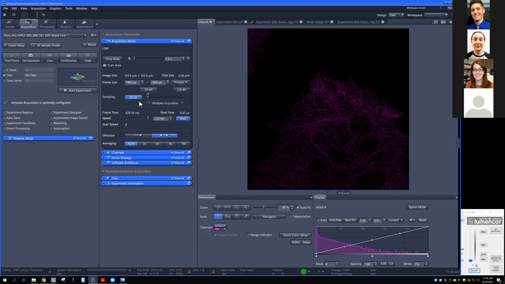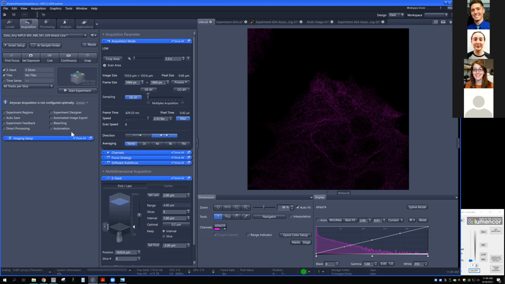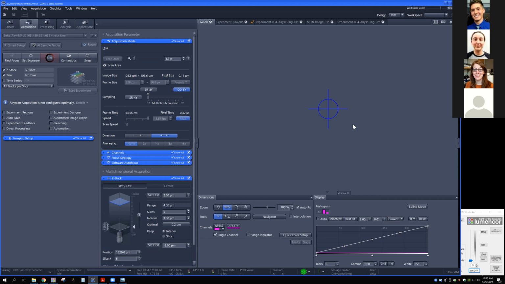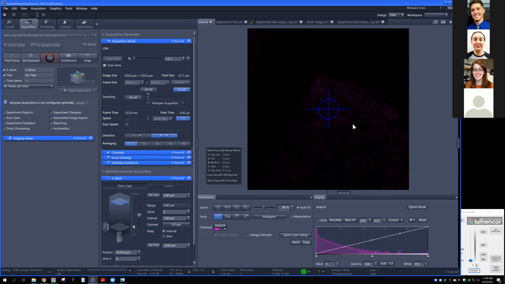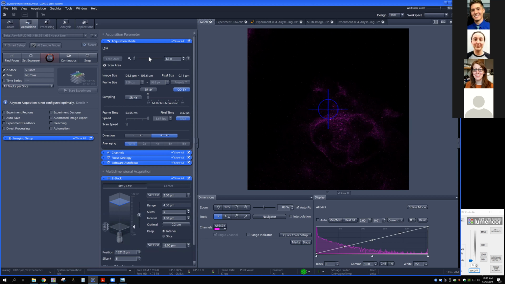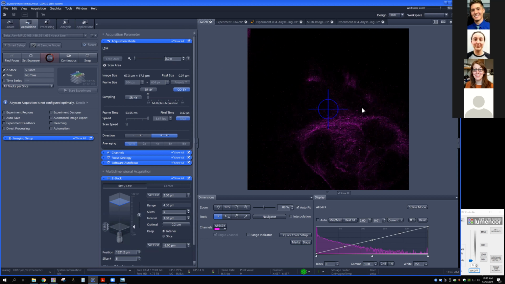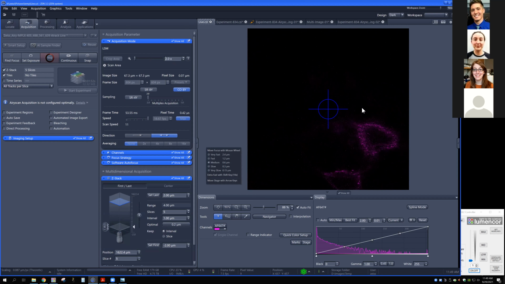So let me show you maybe what the 4Y is going to look like. I'm going to do a Z stack again, and I'll set my first and last quickly. We'll just do a single track. And let's see how quick this acquisition is compared to, I'm doing 0.3 zoom here. So let me zoom in and we'll do 2 zoom to make it match the Airyscan image that we had collected earlier. And I think we had gone to about here,